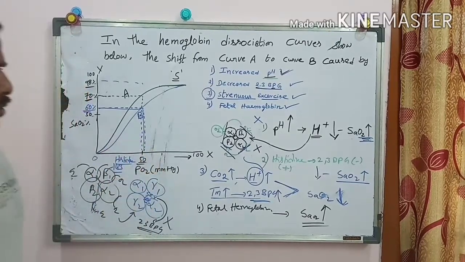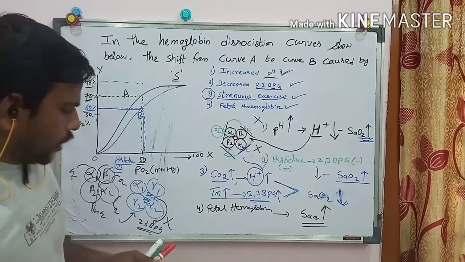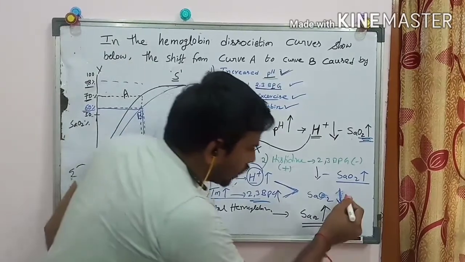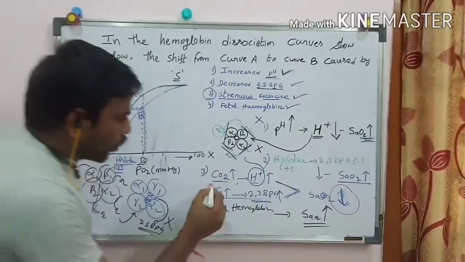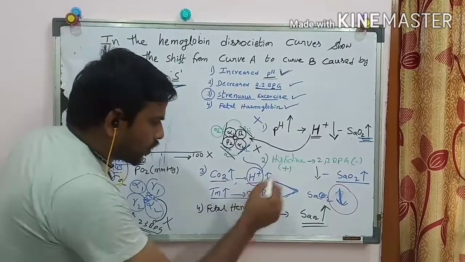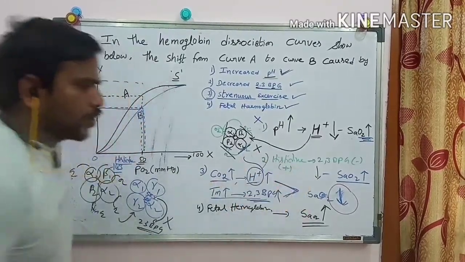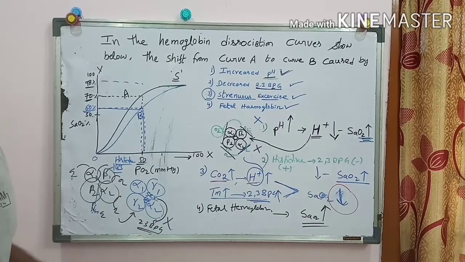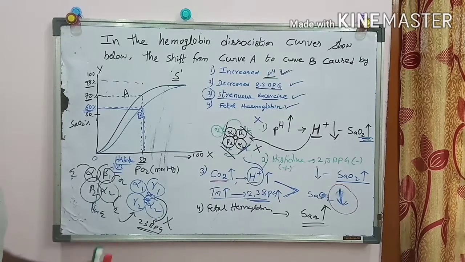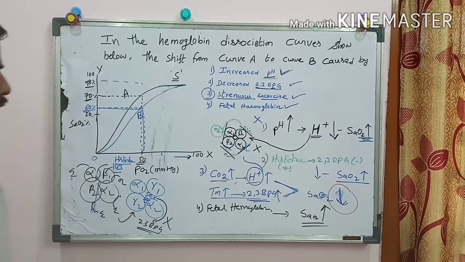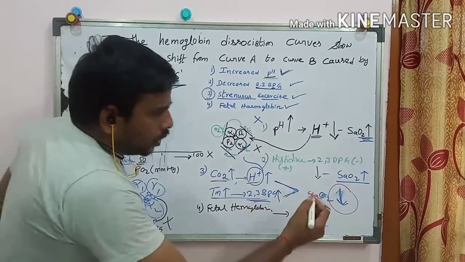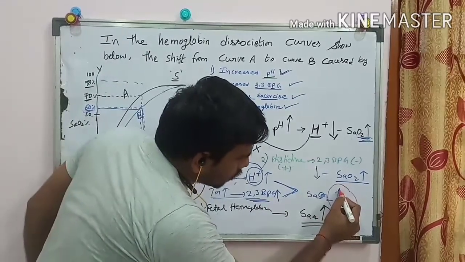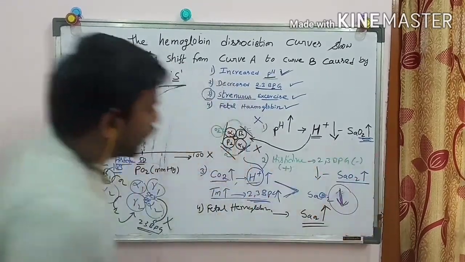Now you see this third one, when a person is doing strenuous exercise, it has to decrease. See here, this one. When there is a production of more CO2, more H plus ions, and this 2,3 BPG, all other components can interact with the hemoglobin, and then oxygen can be dissociated from the hemoglobin. Now you see, in this case the saturation level should be decreased.